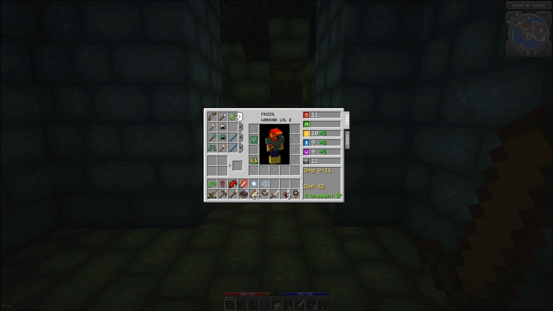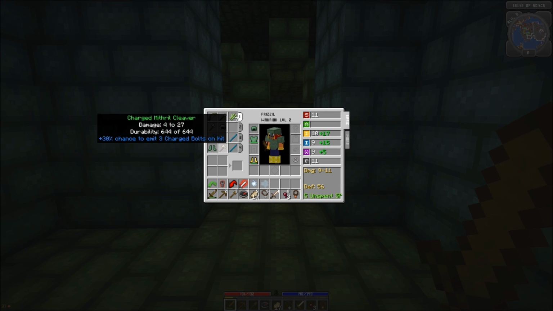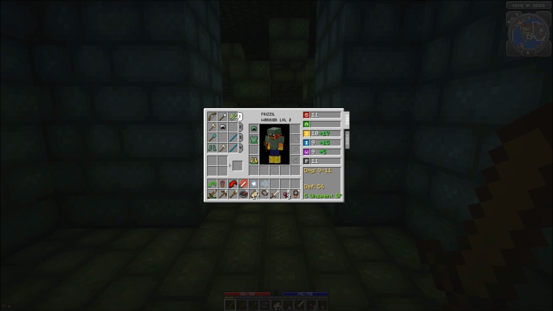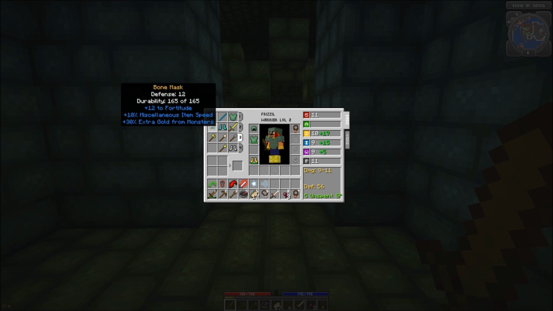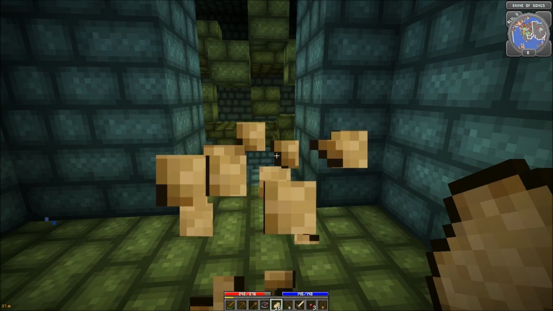Let's see. So miscellaneous item speed. If I stack this, there's some other stuff on there you might see, but we'll get to that later. If I stack item usage speed, it should get pretty ridiculous here, pretty fast. Here we go. That's really fast. Alright, so if I...